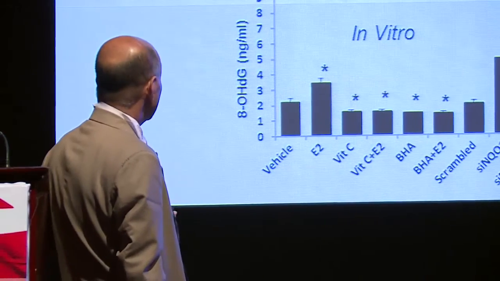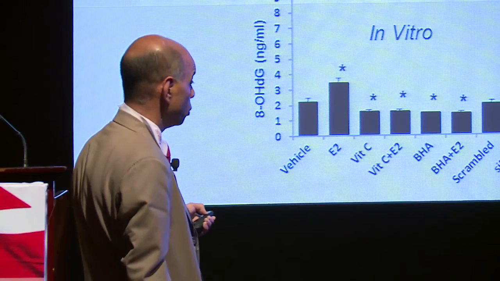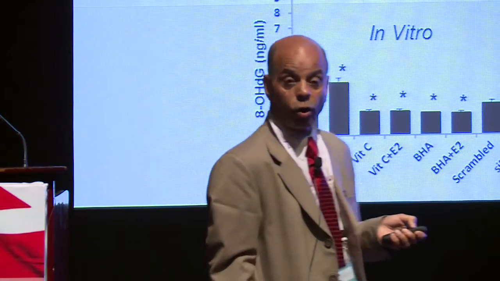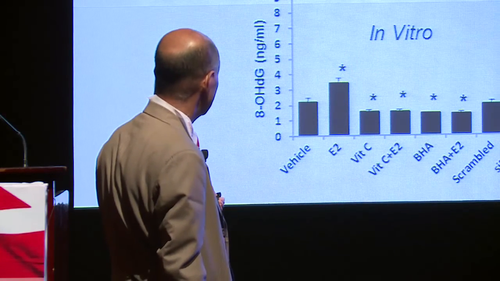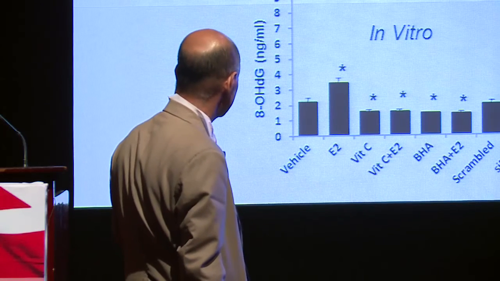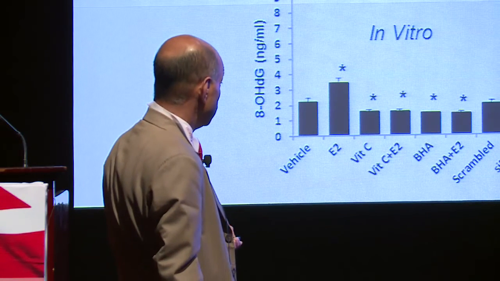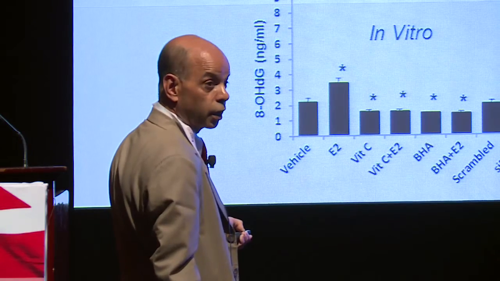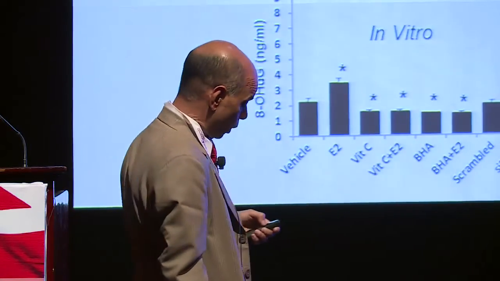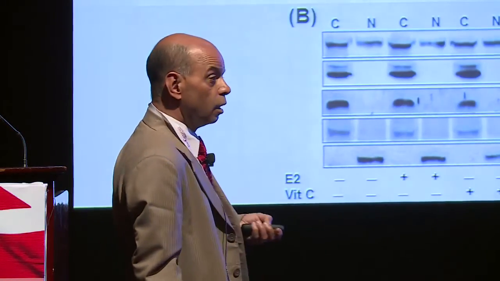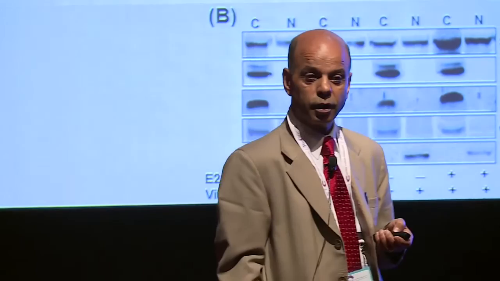And if we use interventions, the antioxidants, we see a decrease in 8-hydroxydeoxyguanosine formation, a marker of oxidative DNA damage. In tumor tissue, there's increased expression of 8-OHdG, whereas with interventions, it comes to basal levels. And if you silence superoxide dismutase 3, you see increased 8-hydroxydeoxyguanosine formation, suggesting that SOD3 provides a protective effect. And the question is, okay, SOD3 is an extracellular protein. How does it protect from DNA damage?